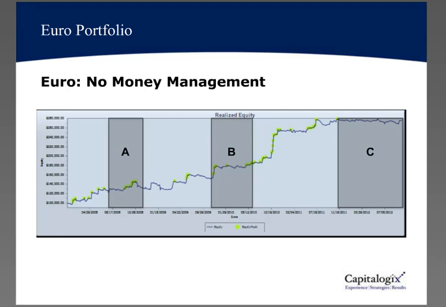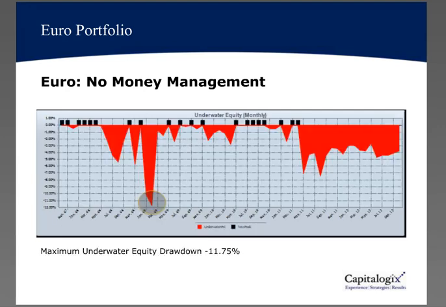What I want you to focus on is the tail end of these equity curves as we start to manipulate the numbers and realize just what a huge influence this is. This money management really is not being influenced by the movements within the market. It has everything to do, at least in Section C, with the application of the fixed fraction formula. So again, this is the same euro portfolio, no money management, and its maximum drawdown, as you can see,